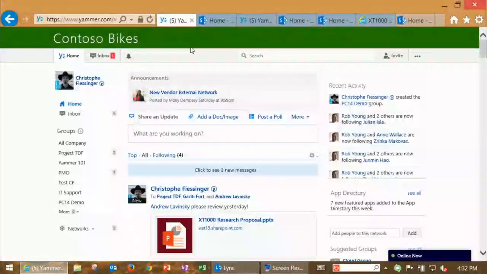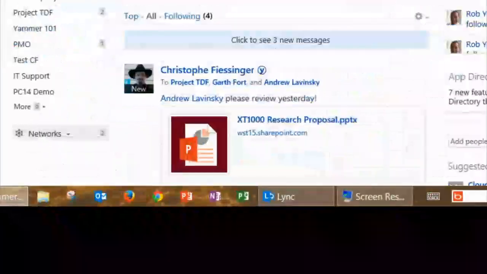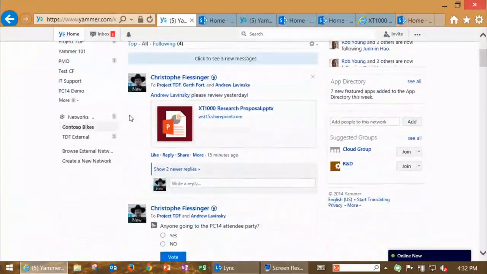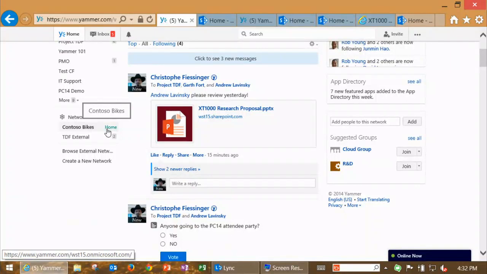Okay, so we're back in our network. And remember I was telling you Yammer is this very elegant way to communicate and collaborate on the outside. The way it works is you can see here at the bottom, I have this notion of networks. Think of a network as a community of interest or a clear objective on the outside. Personally, if I was showing you my Microsoft network, I belong to about 20 networks.